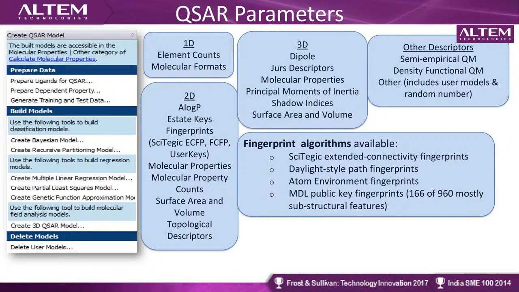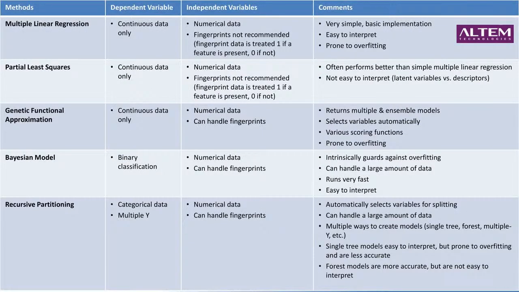These are the parameters of QSAR in the BIOVIA Discovery Studio. We have robust models to generate all those QSAR algorithms. You can see we have these 1D, 2D, 3D descriptors, which work very well with the fingerprint algorithms. We have various fingerprint algorithms which are contributing towards generating some kind of fingerprints. Actually, I'm not going into that much detail on how the fingerprint is calculated and then assigned to those models, right? So it is just for your information that we have these various models for the development of QSAR, where we